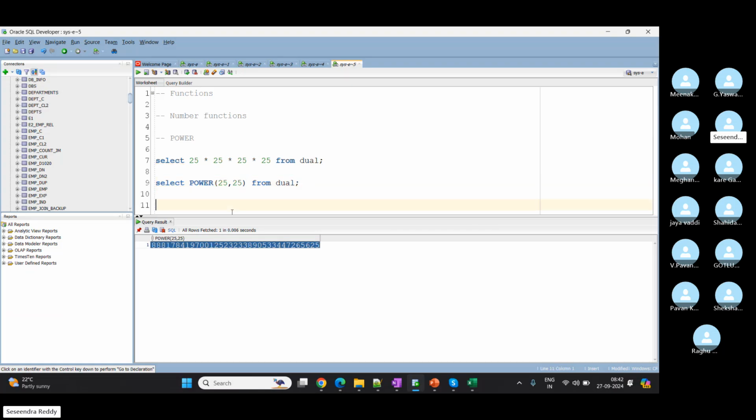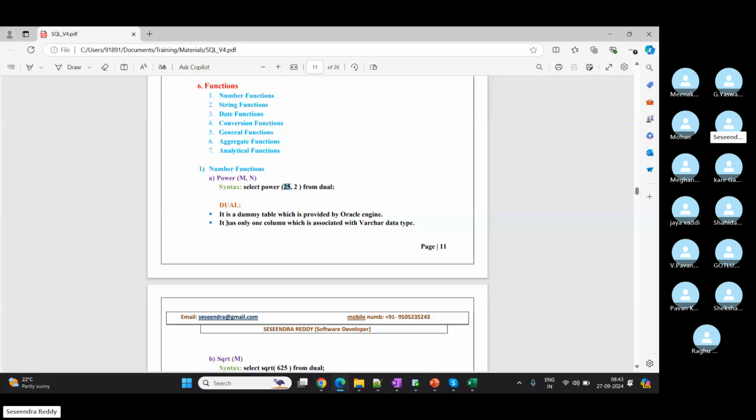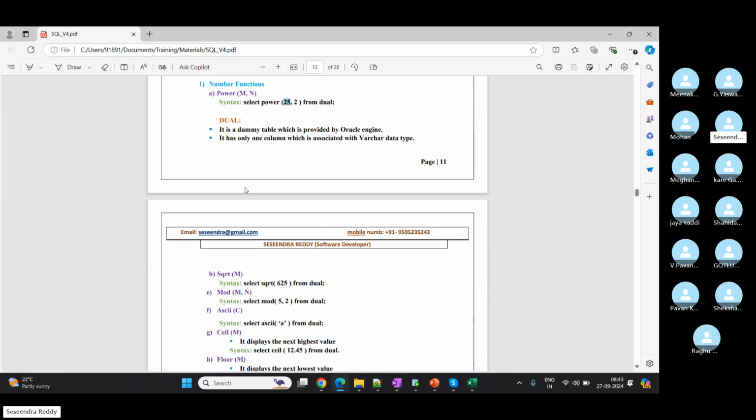Again, it is not that much important. We don't use in real-time projects, but concept wise important, right? Simply interviewer will ask us to tell give me any 5 names of number functions. So you can remember this. Okay,